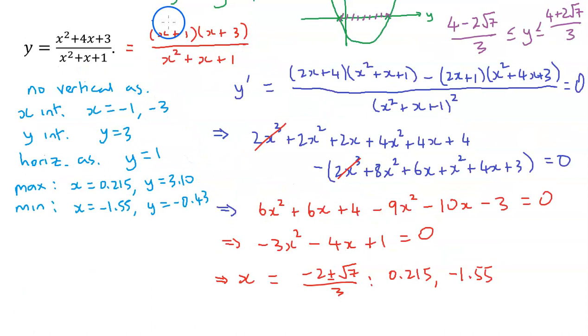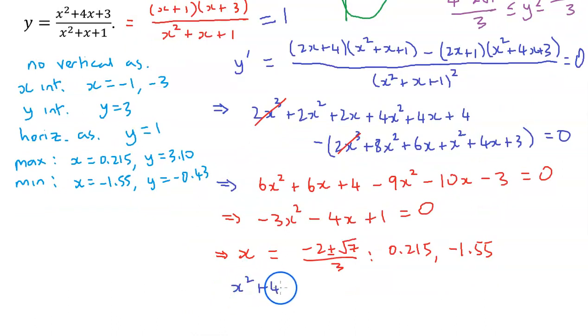And lastly, does the function actually intercept its horizontal asymptote? We can calculate that real quick. It looks like it's going to. Got to make sure we actually set it equal to its real horizontal asymptote and not like a y-intercept or something. So if it intercepts its horizontal asymptote, it just means that the function is going to be equal to 1 at that point. And so that can only happen if we have